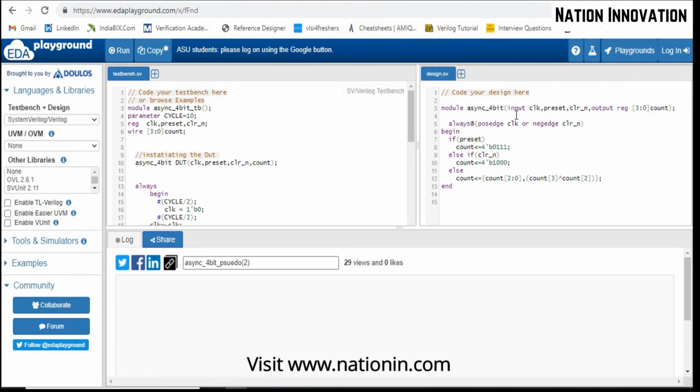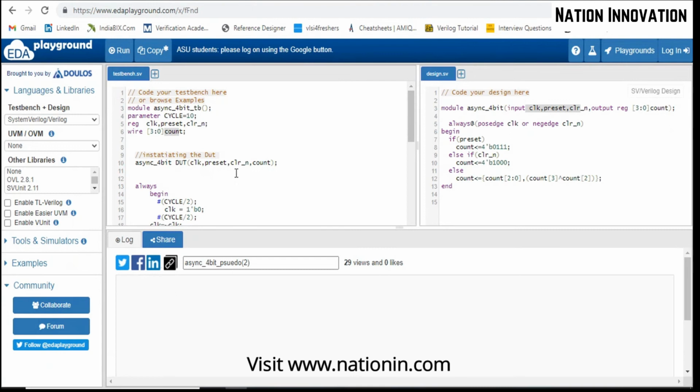Inside this you can just write the clock, preset, clear and count, and you can define input and output here. No issues with that; that is valid. But as I have defined, whatever the inputs in the DUT, you have to take as reg type, and whatever the outputs in the DUT, you have to take as wire.